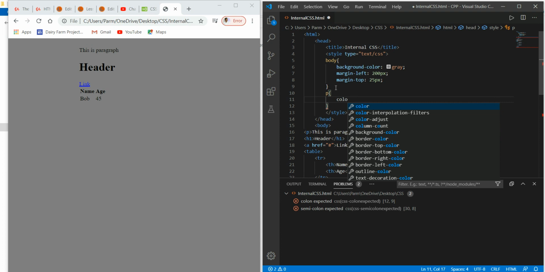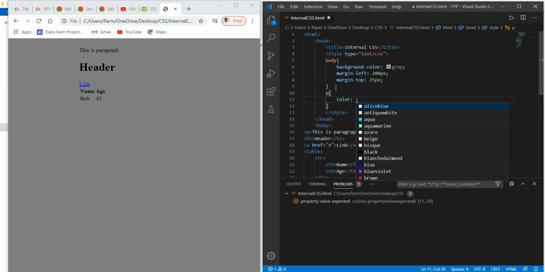In order to make CSS we have to use a selector, then the property, and to the property we give a certain value. After the selector P, the property is set between the curly brackets. Here our property is color, and after color comes a colon, and after that we give the value. Say I want to make it color brown.